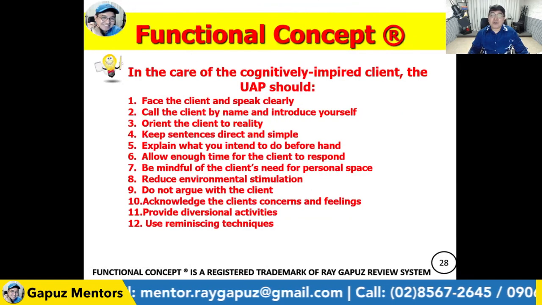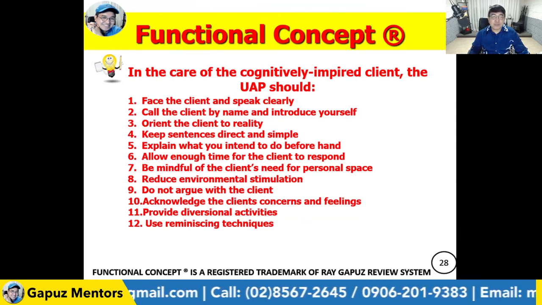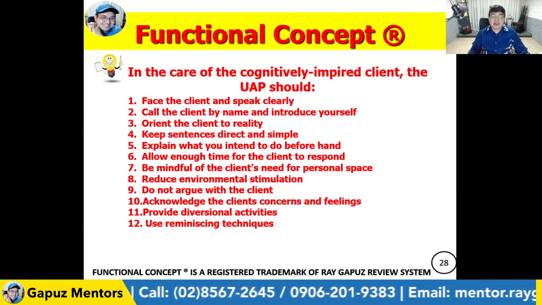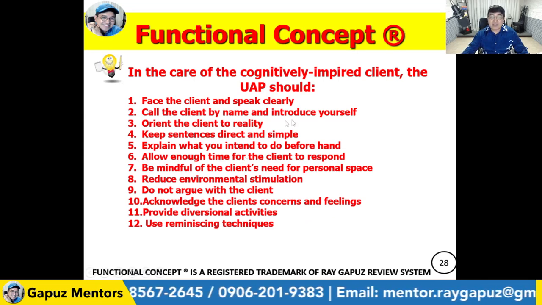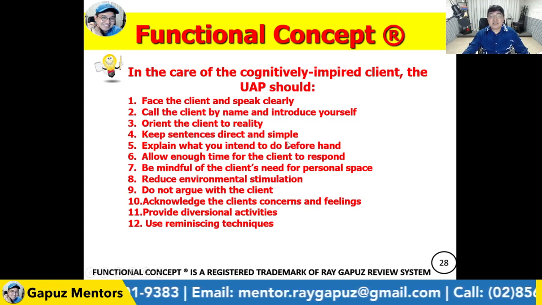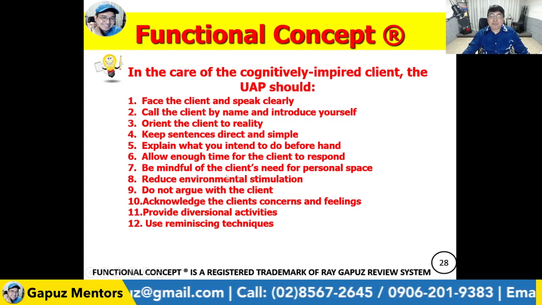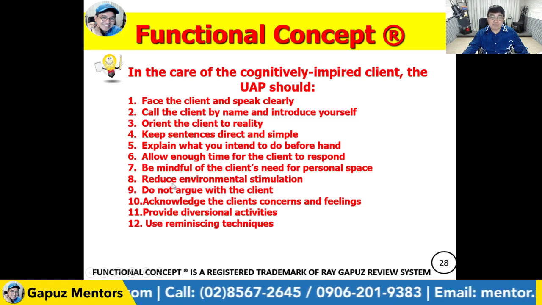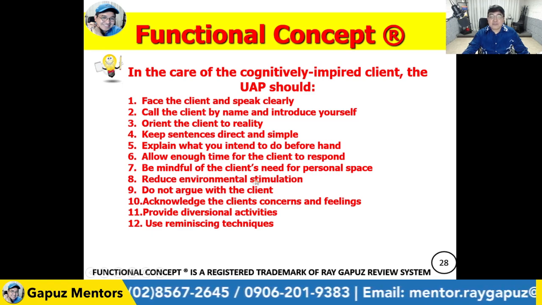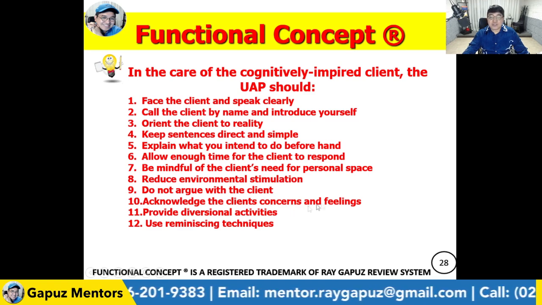So in the care of the cognitively impaired client, the unlicensed assistive personnel should face the client and speak clearly, call the client by name and introduce yourself, orient the client to reality, keep sentences direct and simple, explain what you intend to do beforehand, then allow enough time for the client to respond, be mindful of the client's need for personal space, reduce environmental stimulation, do not argue with the client, and acknowledge the client's concerns and feelings,